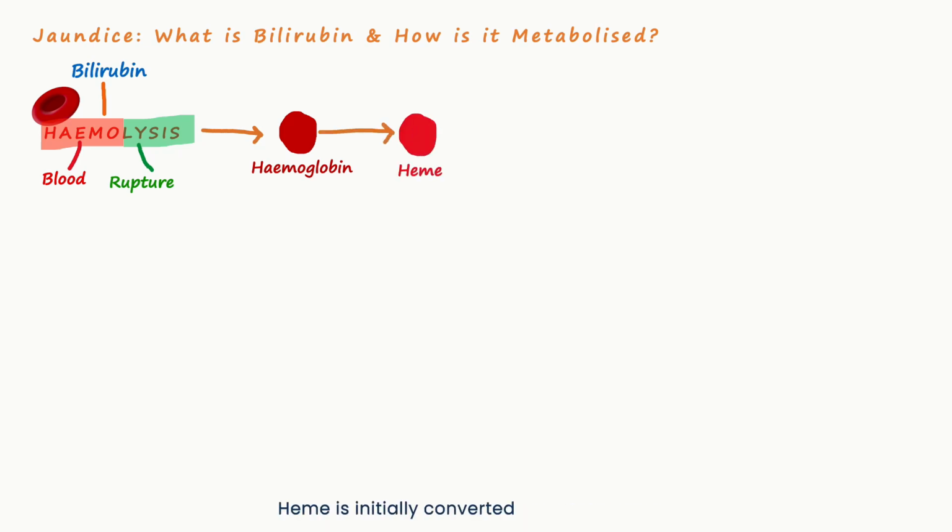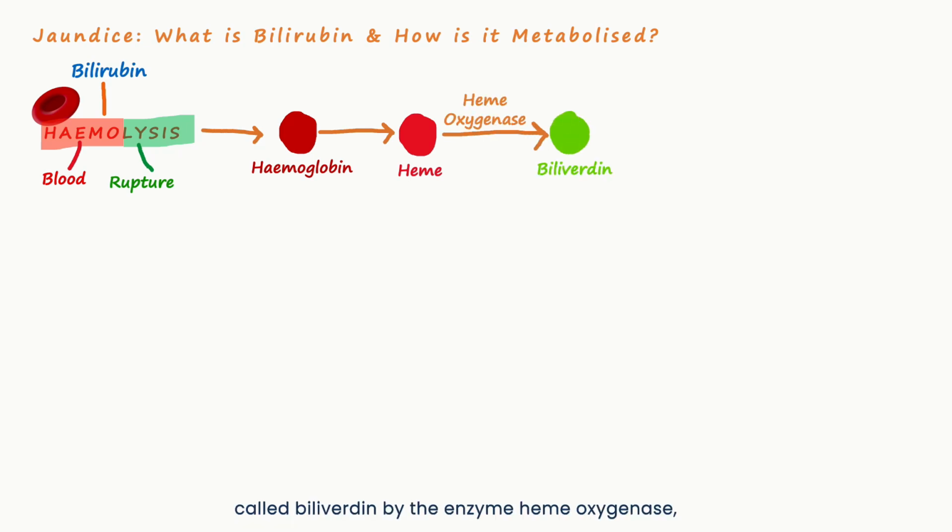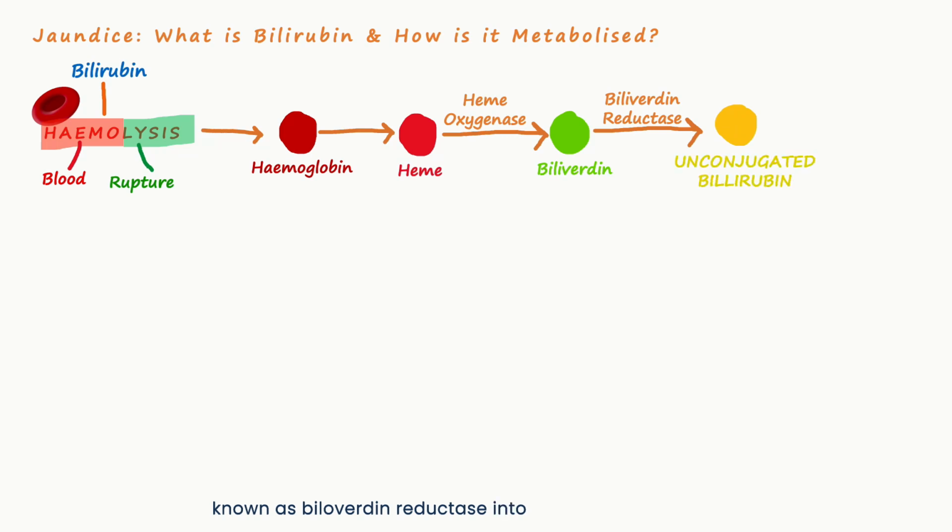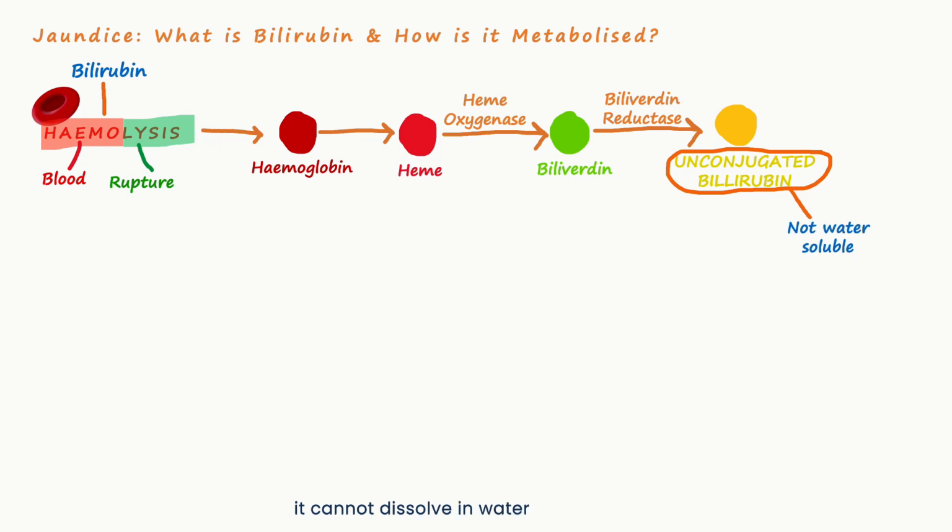Heme is initially converted to a bile pigment called biliverdin by the enzyme heme oxygenase, and then this is further converted by another enzyme known as biliverdin reductase into unconjugated bilirubin. The problem with unconjugated bilirubin is that it cannot dissolve in water, and therefore it cannot be excreted from the